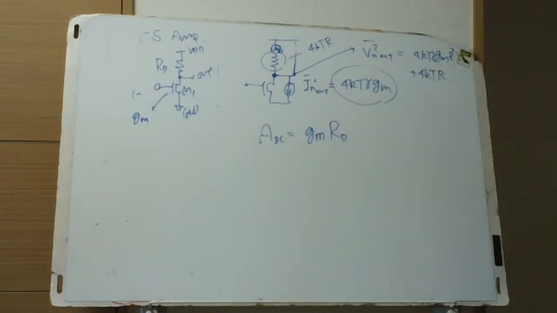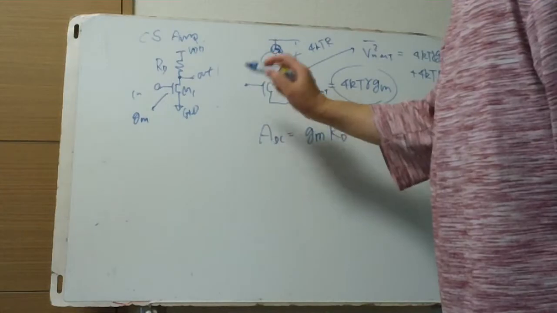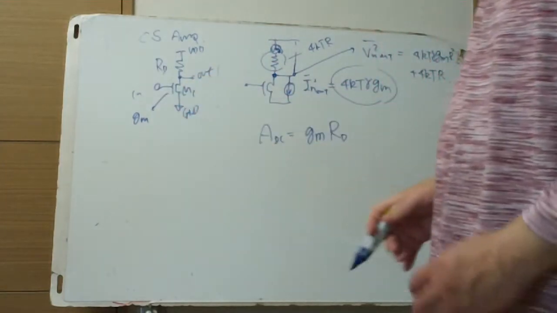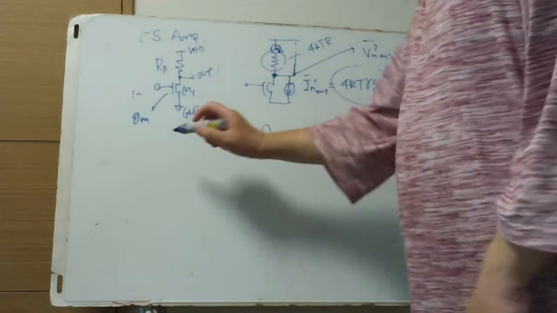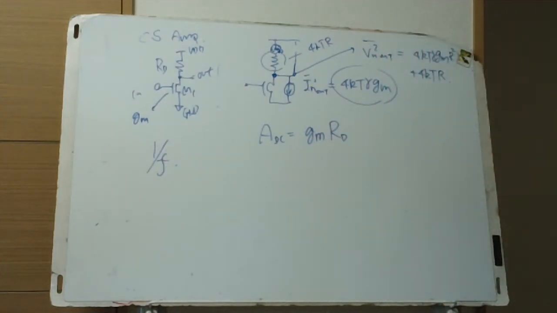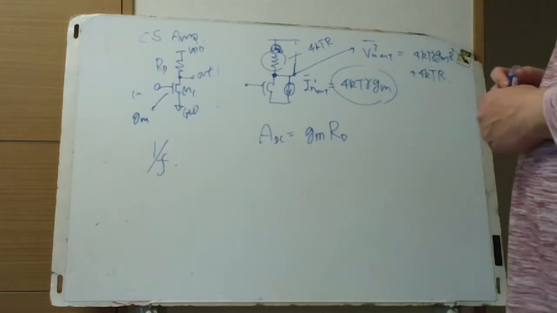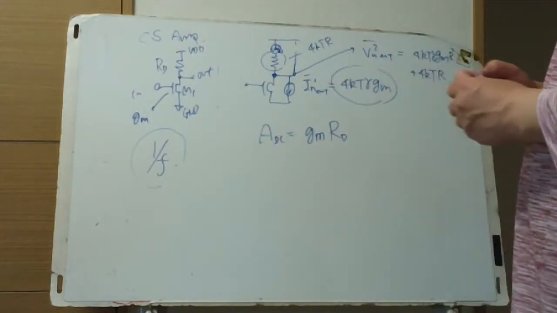Thinking like this, we can get this and express it, but we ignore the explanation, description and consideration for 1 over f noise here. 1 over f noise is a flicker noise, in other words, it is generated in the gate